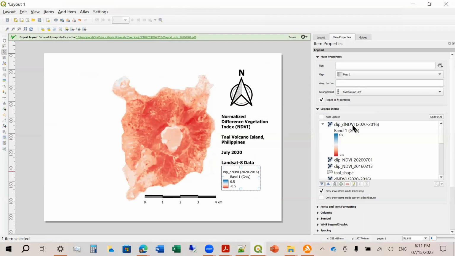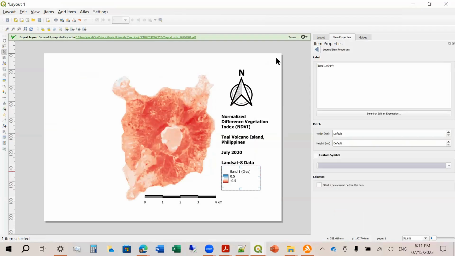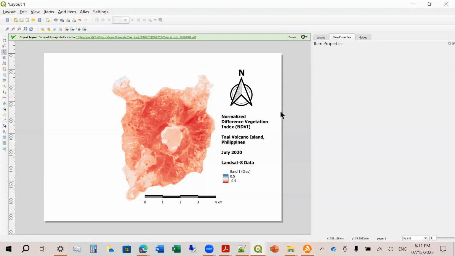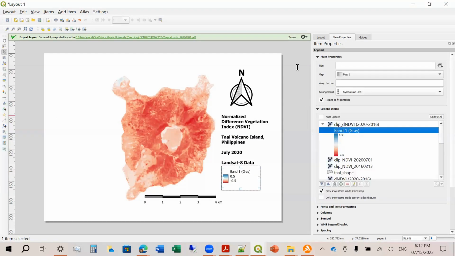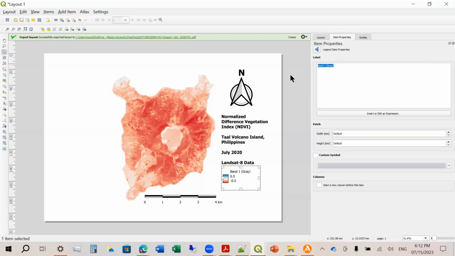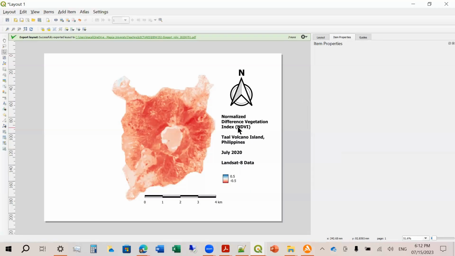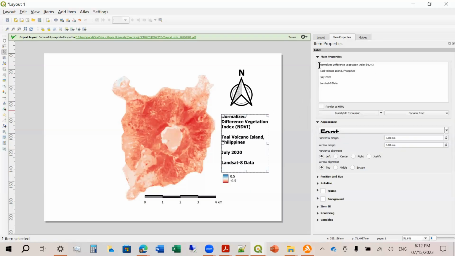And then hidden. This one is space. Because this one is now the difference, change in normalized differential vegetation index.